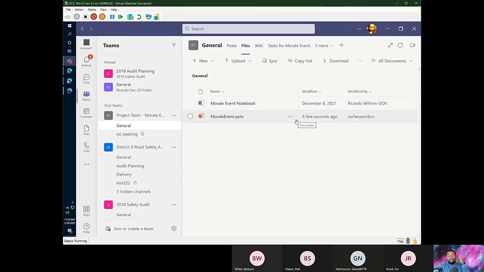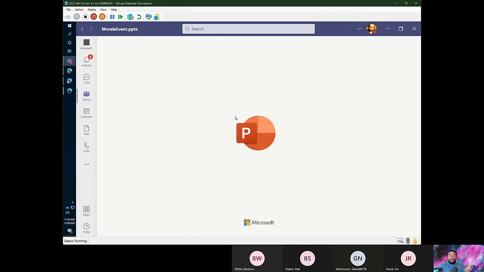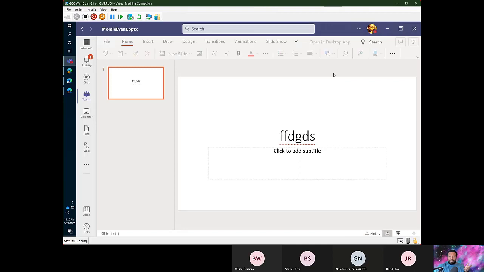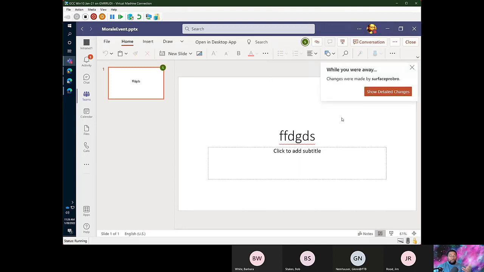Again, this is an unlicensed, external participant, but we are rocking and rolling in terms of co-authoring. I would expect to even see there's Surface Pro Bro in the document. We're working on it together, co-authoring, all that good stuff. So that was the ease with which I added him, but also the ease with which this